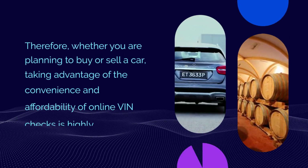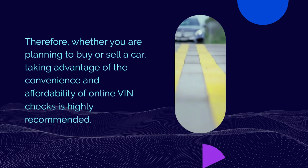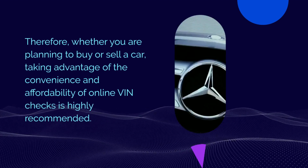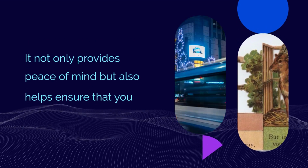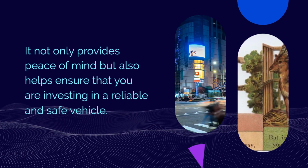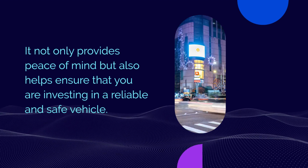Therefore, whether you are planning to buy or sell a car, taking advantage of the convenience and affordability of online VIN checks is highly recommended. It not only provides peace of mind but also helps ensure that you are investing in a reliable and safe